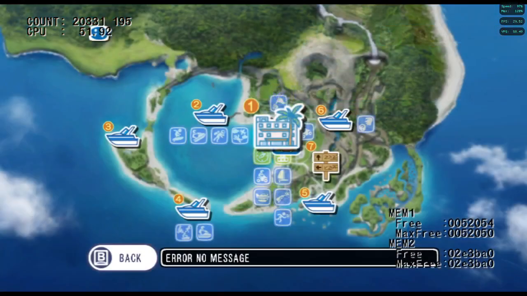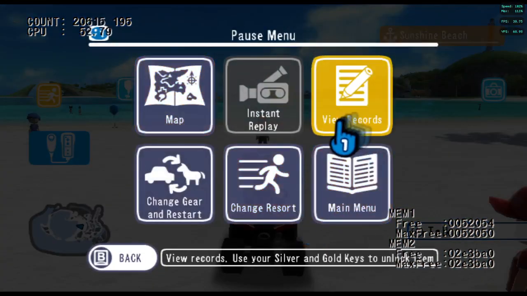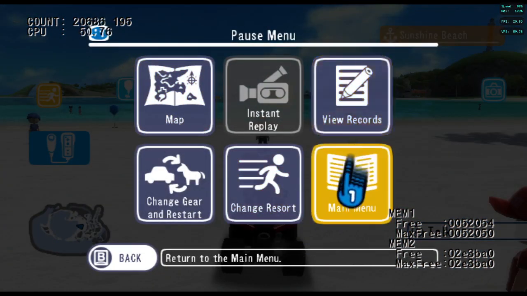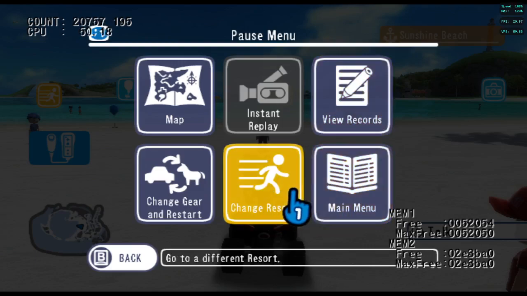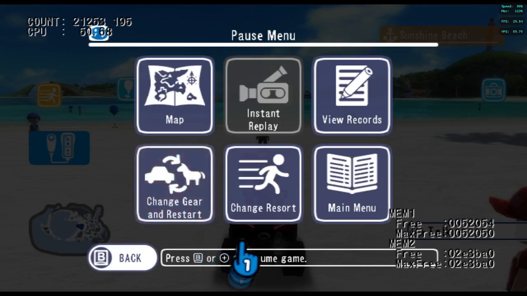First of all, the map. It shows you all of the activities and things you can do. We can obviously view records, main menu, change resort. That's all pretty standard. Change gear and restart, I believe, was there in the retail version, but I think the name changed. But as you can see, there's no